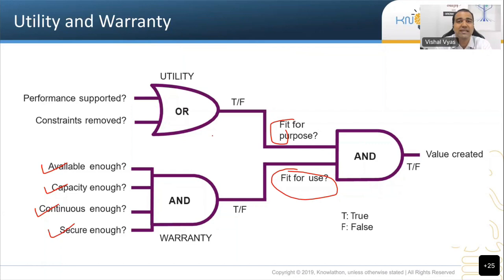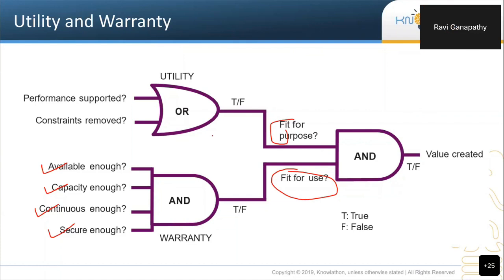That is fit for purpose, that is utility. And the application has non-functional requirements or operational requirements, availability, how many users should be able to use it concurrently, and so on. This is warranty. So utility is what you do, and warranty is how you do it, how well you do it, right? So can we say utility is a functional requirement and warranty is a non-functional requirement? Exactly. Yes.